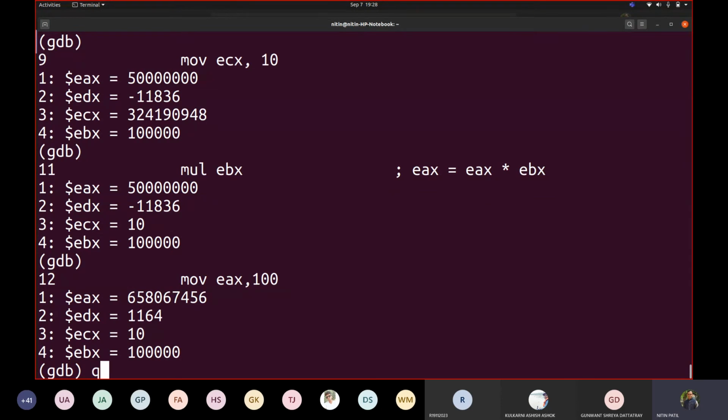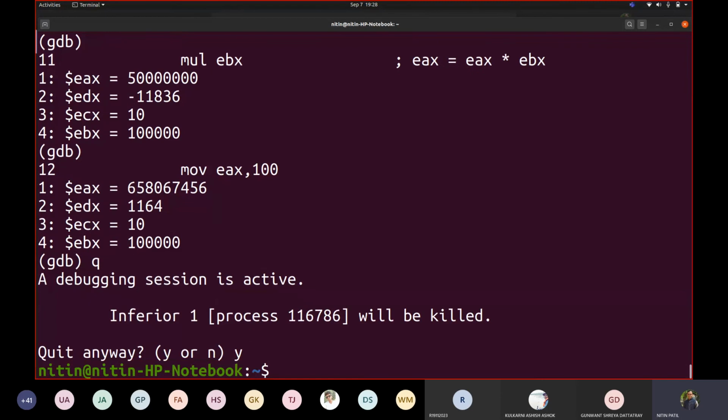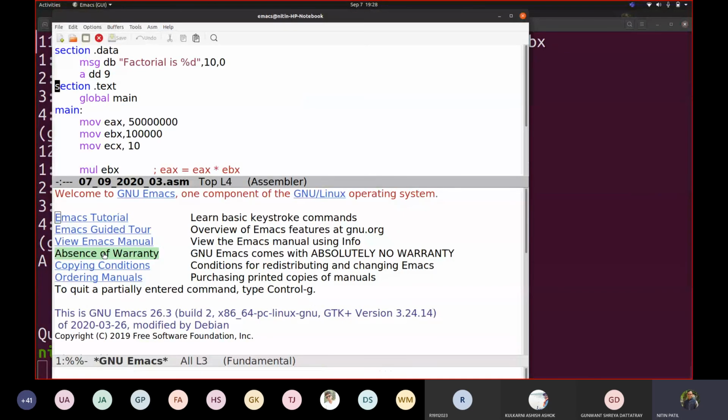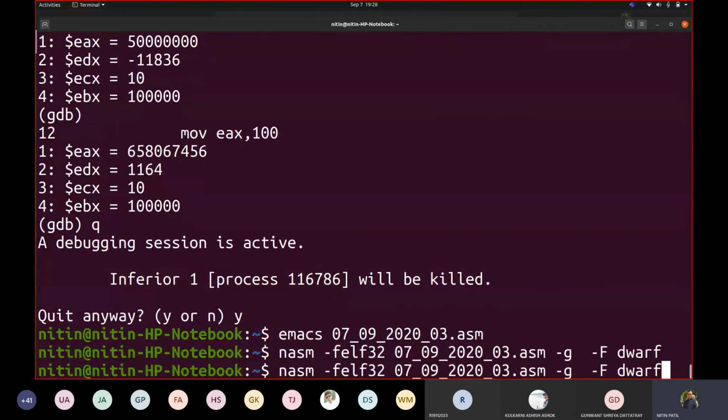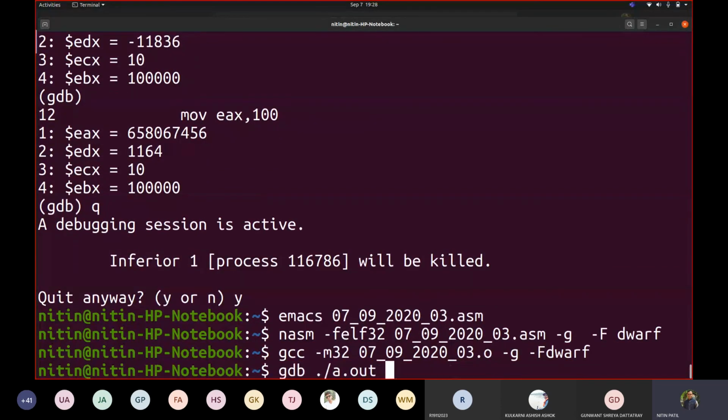So if you make the change, like if I take a smaller value here again, let me link, then instead of 1164, it would be made 0.